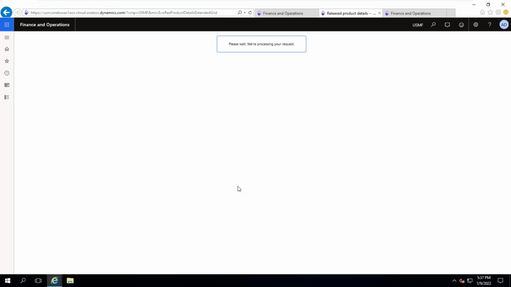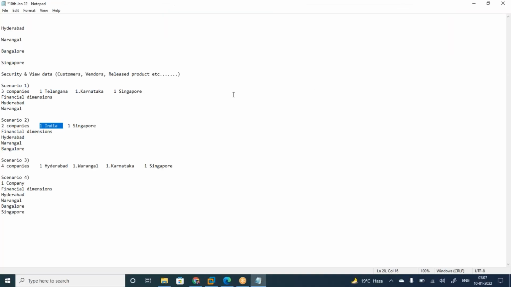Earlier there was a functionality called record level security. Recently it was changed to some other functionality, but this is a hectic job if you want to filter like that. So my suggestion is, based on your requirement, you can take the decision.